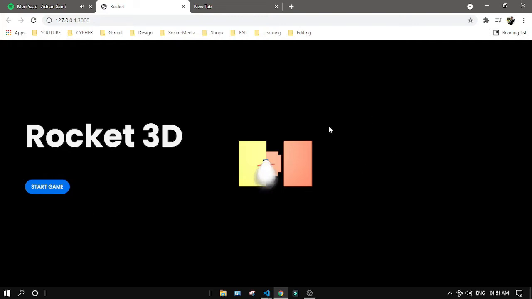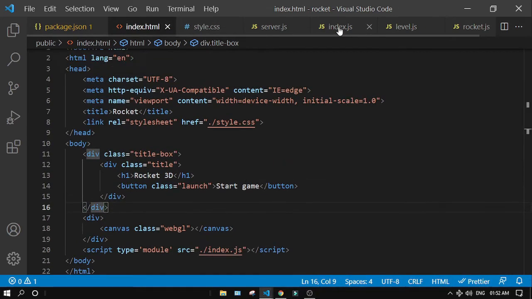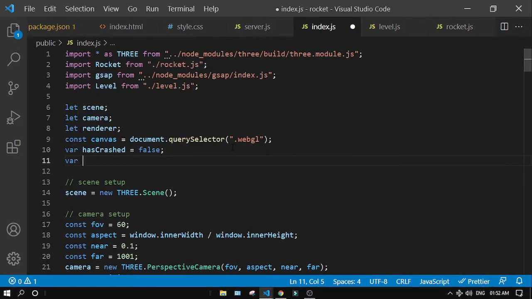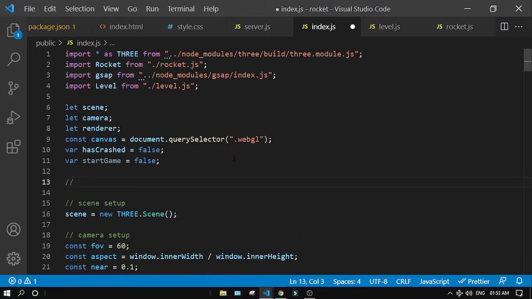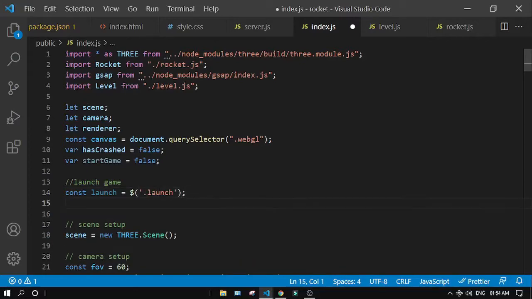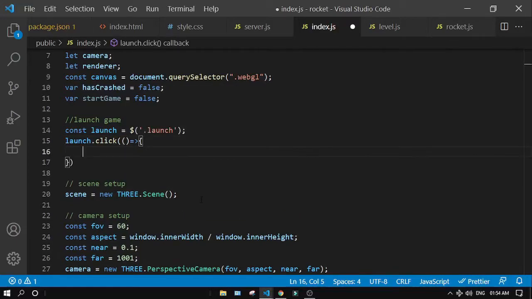Yeah. So now let's position our rocket in our empty space. So we'll first start with declaring a variable which will determine that our game is running or not. We will create a reference to our launch button so that we can set the on click functionality. On launch click, we will send a callback. We will first make the start game to true, and